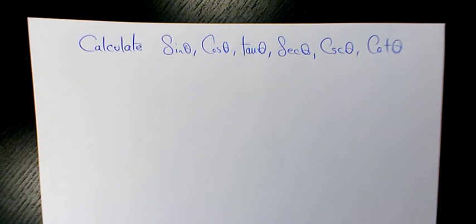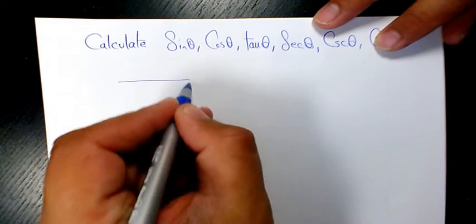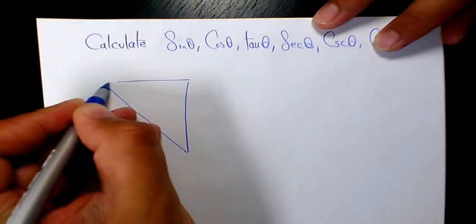Welcome to another video. In the previous video I talked about sine theta, cosine theta, tan theta as primary trigonometric ratios, and I talked about secant theta, cosecant theta, and cotan theta as reciprocal trigonometric ratios. In this video I want to show you how to calculate them in right triangles. For example, we have a triangle like this,